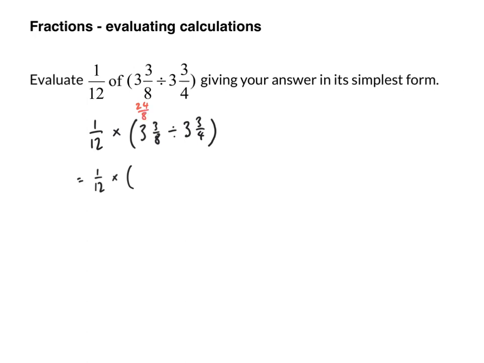So 24/8 will make 3 wholes. Just a quick check. 24 divided by 8 does indeed give me 3. So it means I've got 24/8, 3 more eighths. I've got 27/8